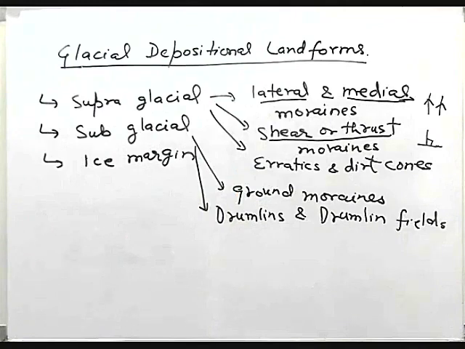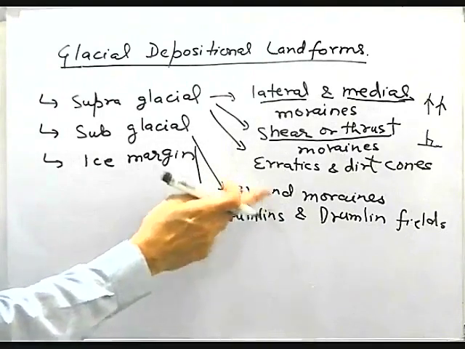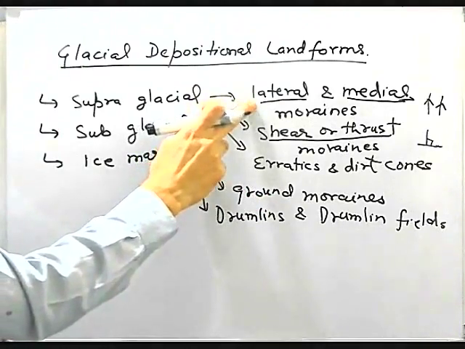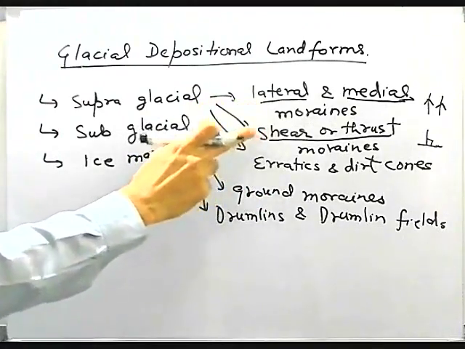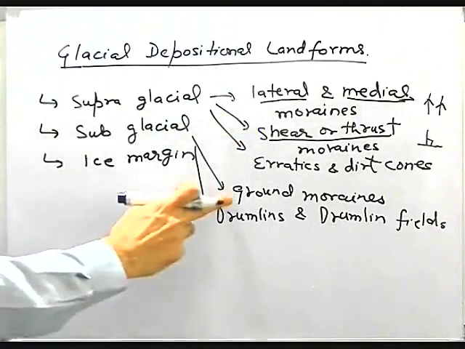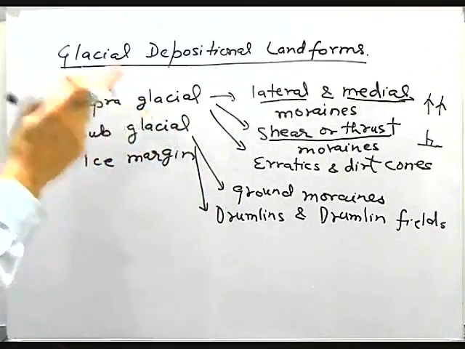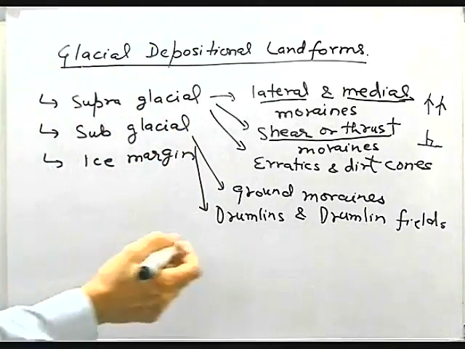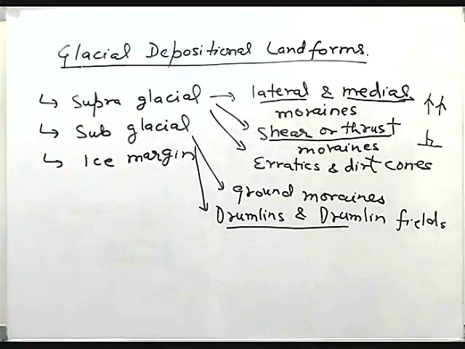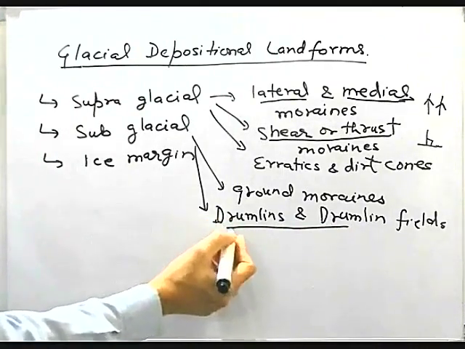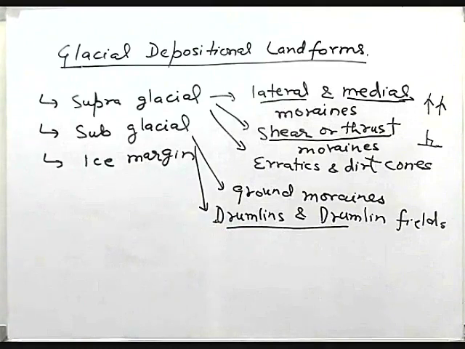These sheets are not uniformly thick. They may be thick in some places and they may be very thin in other places. So, ground moraines are undulating, they are quite hummocky, and they do not have any relationship with the movement of ice. Just as lateral and medial moraines are parallel, and shear or thrust moraines are perpendicular, ground moraines do not have any relationship with the movement of ice. But drumlins and drumlin fields do have a relationship with the ice movement, and they are very effective indicators of the movement of ice sheets and ice caps